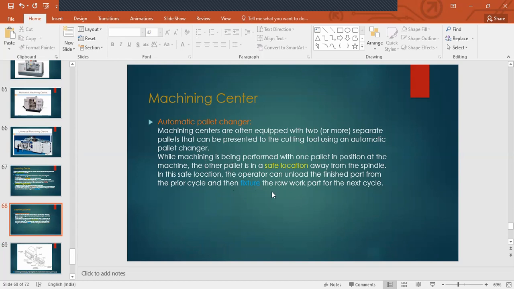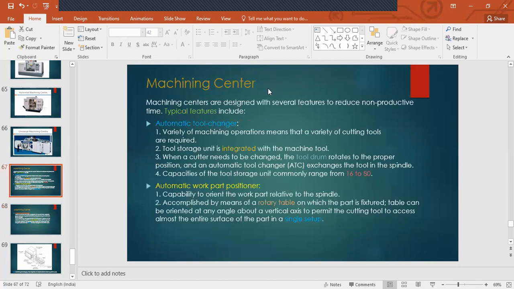So nonetheless, you see, the operator is loading the workpiece onto the pallet. Yes, that is still there, but the ability to change the pallet, that is handled by the machine. Okay, that mechanism is there, and that is inbuilt. Okay, built into the machine for it to change that pallet. Okay, clear, right? What I'm trying to say.